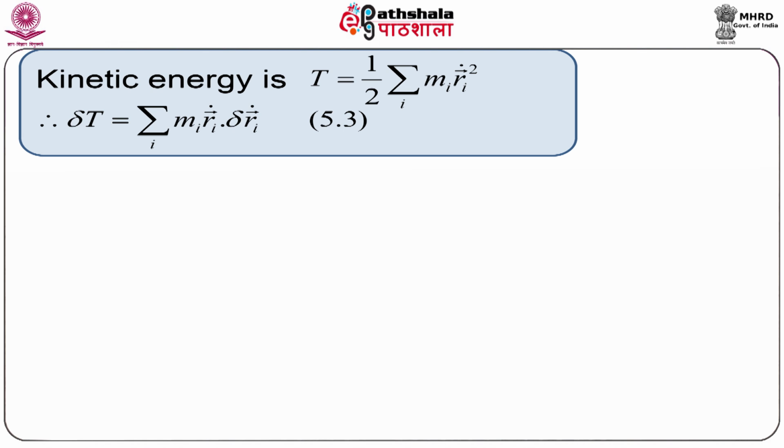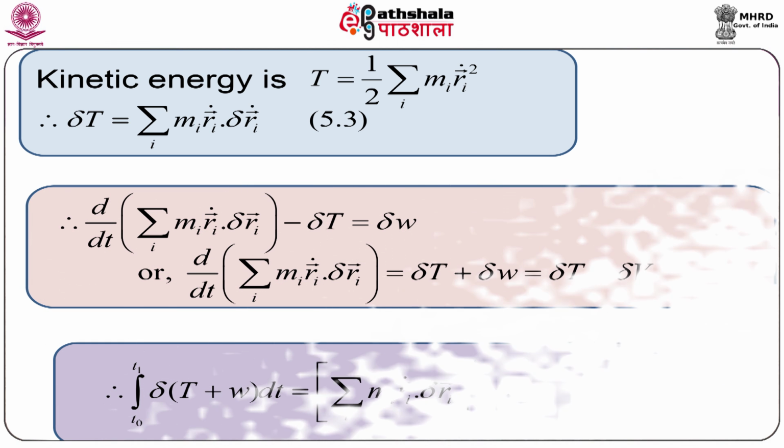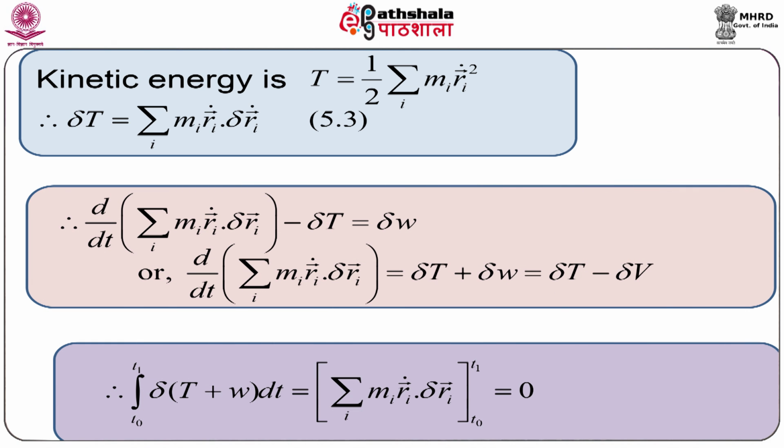Substituting 5.3 in 5.2, we have d/dt of summation over i of m_i r_i vector dot times delta r_i vector, minus delta capital T, equal to delta W. Since d/dt of summation over i of m_i r_i vector dot times delta r_i vector, equal to delta capital T plus delta W, equals delta capital T plus W, we have